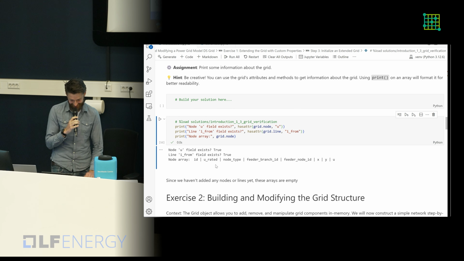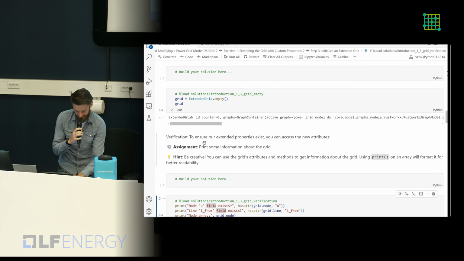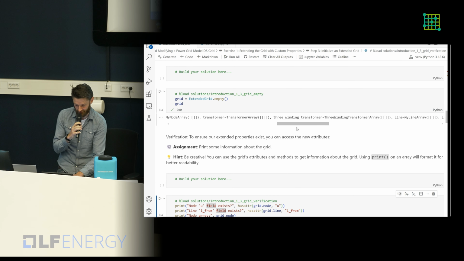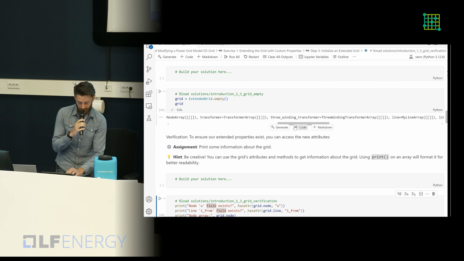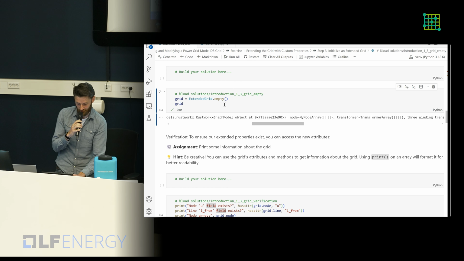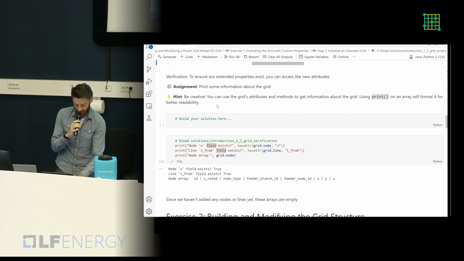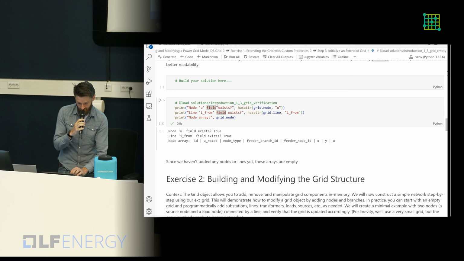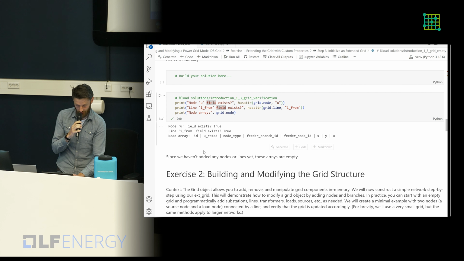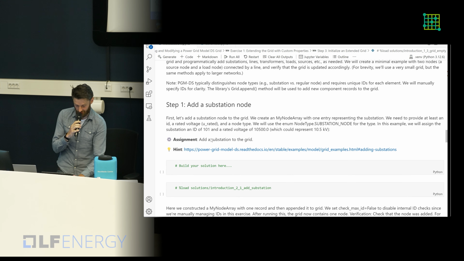Okay, great, thanks. So now we have, and here we can actually see the output from the empty instantiated grid. So yeah, it's just a long list of empty things, but you can already see a sneak preview that there are a lot of extra arrays in here that are just inherited from the original grid class, but they're all empty. And also our node array, if we zoom in on that, it's still empty because there's no records underneath here. And then we're going to add some data to our grid.